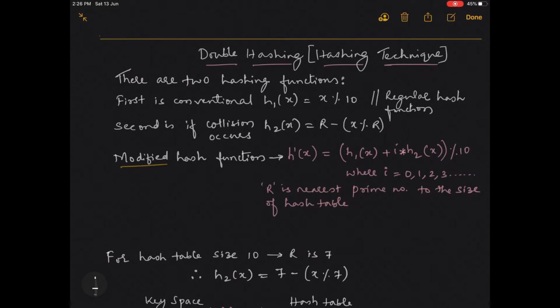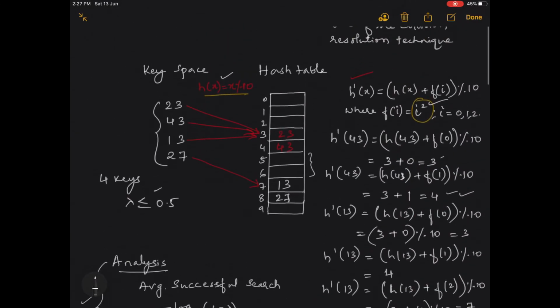We'll see double hashing now. In our previous discussion, we have seen linear probing and quadratic probing. In linear probing, it was a technique to avoid the collision, but there the problem was that more elements were clustered at a particular region. So to avoid clustering, we went for a technique called quadratic probing. Due to the function f of i equal to i square, since i square is quadratic in nature, we got elements at different places, just like what you can see here.